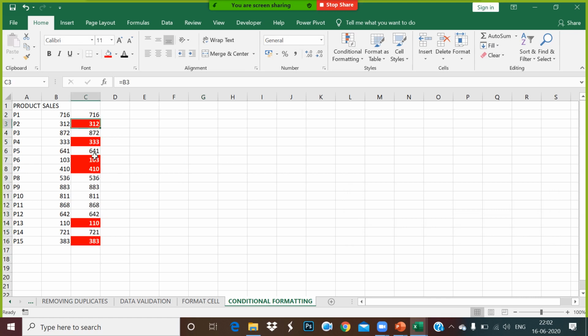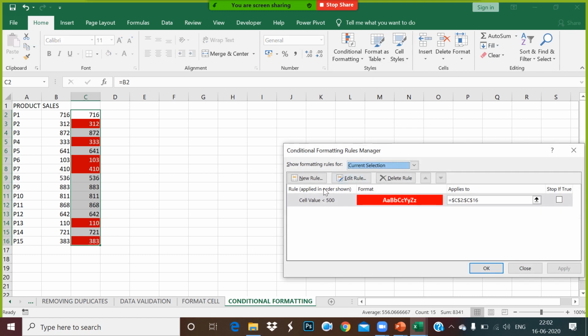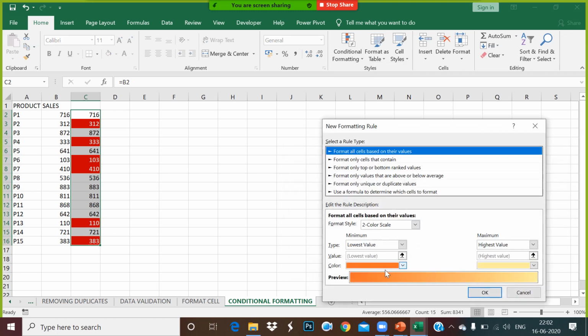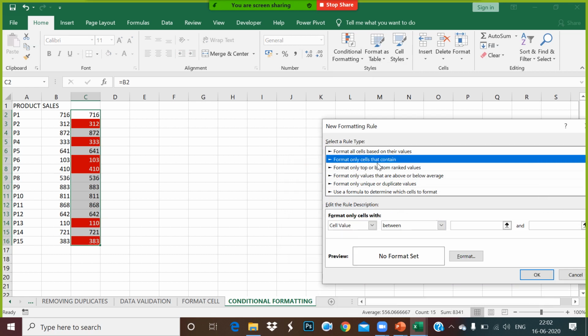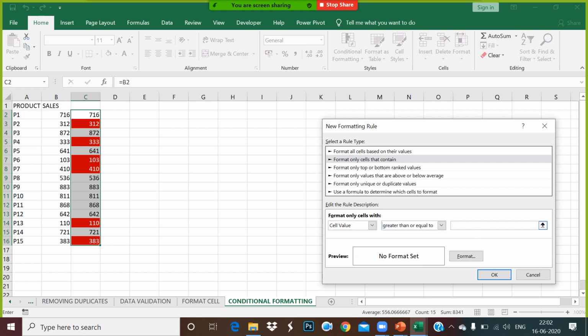Within the same, you go for conditional formatting, manage rule, and add a new rule. You select format only cells that contain, where the cell value is greater than or equal to 500.